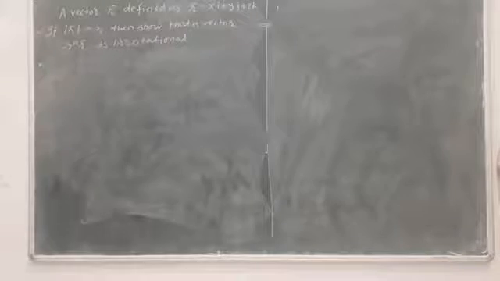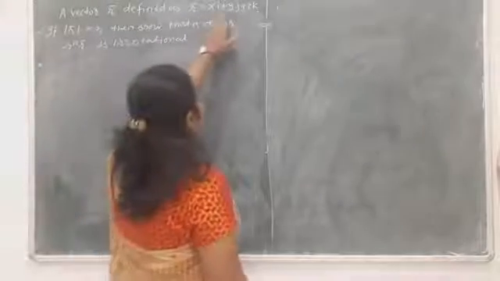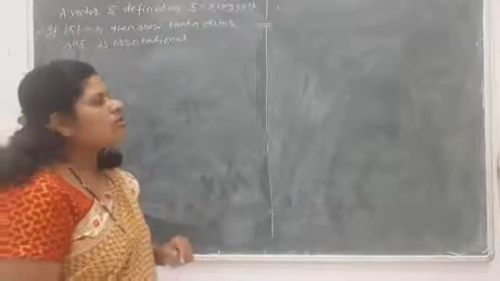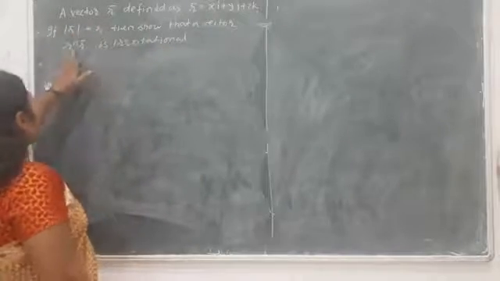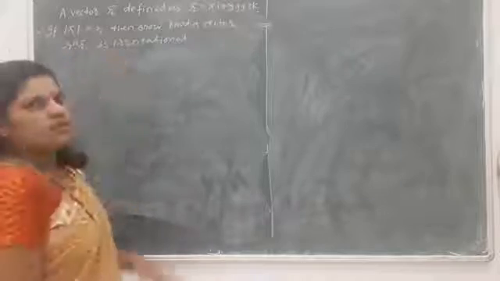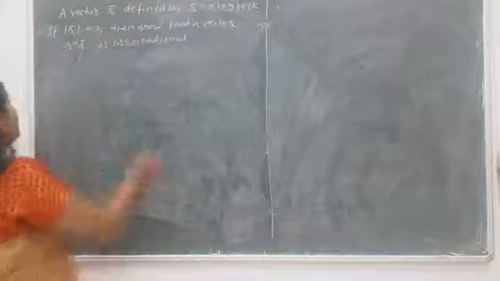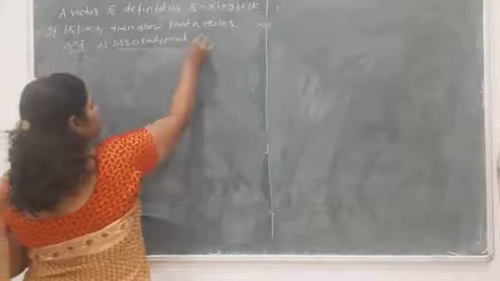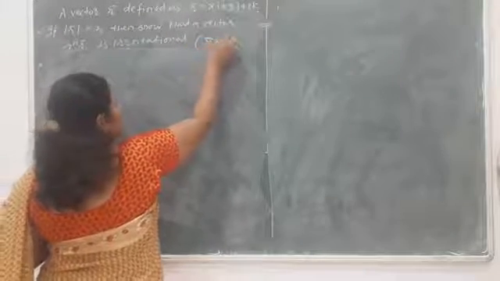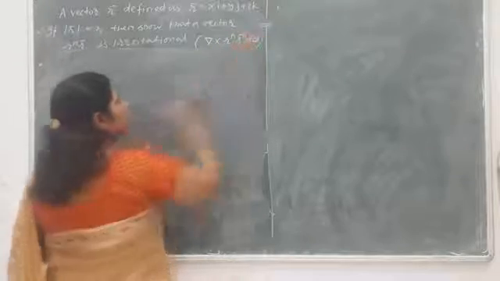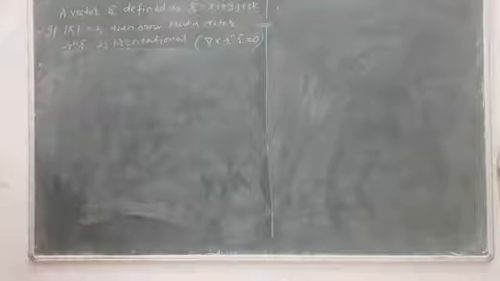Here we have been given the vector r bar, it should be in the form of xi plus yj plus zk, and if the mod of r bar is equal to r, then we have to show that the product r raised to n into r bar should be irrotational. That means we have to show this vector is irrotational, so you have to prove that del cross of r raised to the power n into r bar should be equal to 0. So one by one we will prove this.